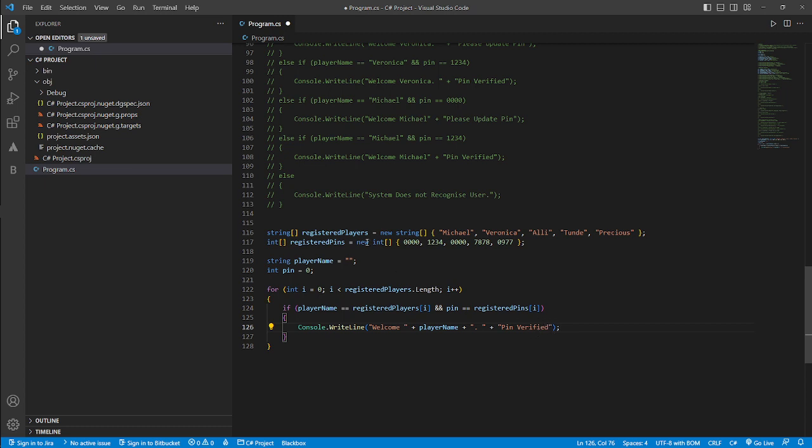But we have to check. Is the pin a 0000 pin? We have to check first. So let's not do this. Let's do 0000. Then the next one we'll check if it's actually a verified pin. So for now we're just going to say please update pin. So if the pin is still 0000, please update pin. And then else if,